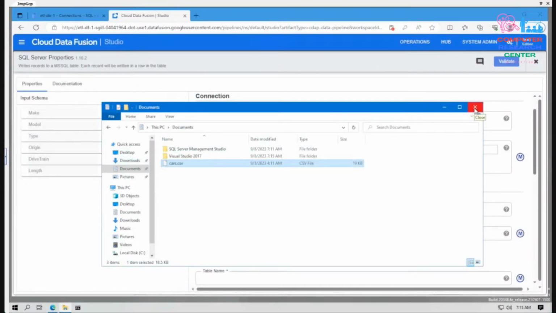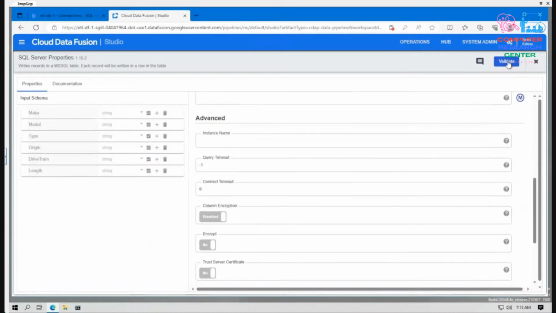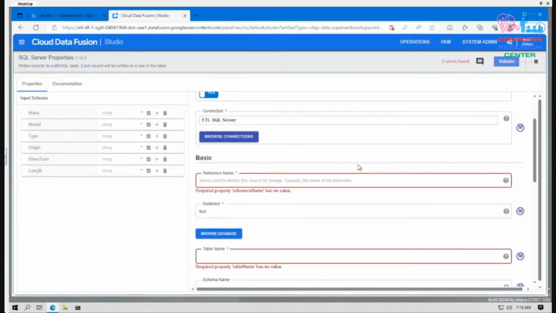So what we can do is, connection is good, everything is good, right? So I think validate. If we have two errors found, what are the two errors? Number one is the reference name. We'll need to give the reference name. So reference name is ETL